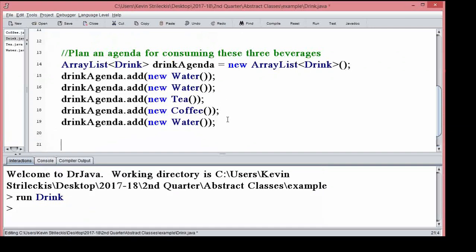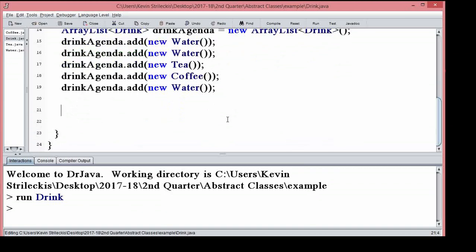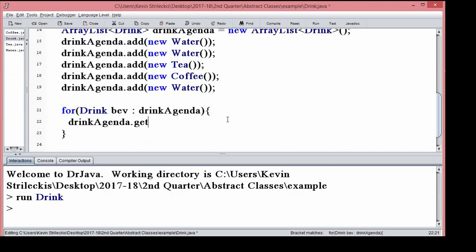Let's do some stuff. So I want to do a couple things. One, I want to drink these drinks. So I'm gonna get their effects. So for every single drink called bev that is in my drink agenda, I'm gonna go ahead and drink it. So drink agenda dot get.